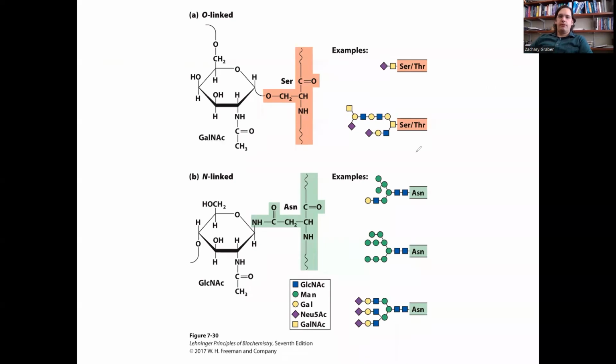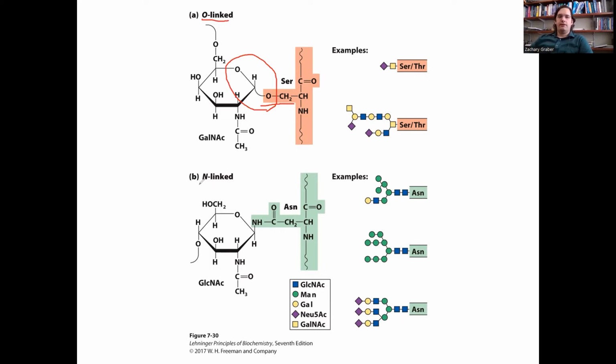So our serine and threonine, of course, can use the alcohol of the side chain to form a normal glycosidic bond with the anomeric carbon of our sugar, right? So notice how we formed a normal acetal here with our alcohol acting in the same way as another alcohol from a sugar would. So in this case now our sugar has been linked onto our protein polymer instead of onto another sugar molecule. So we refer to these as O-linked bonds because it's attached to the oxygen of either our serine or our threonine.